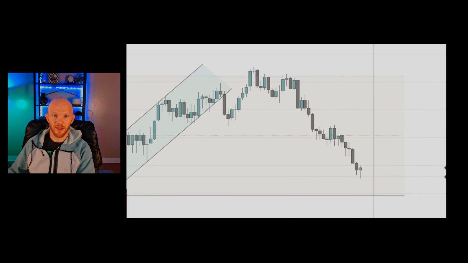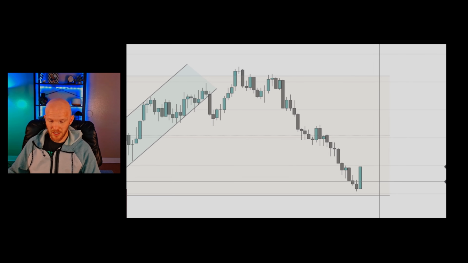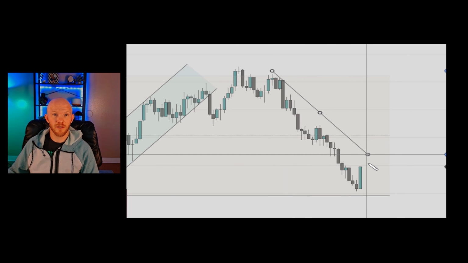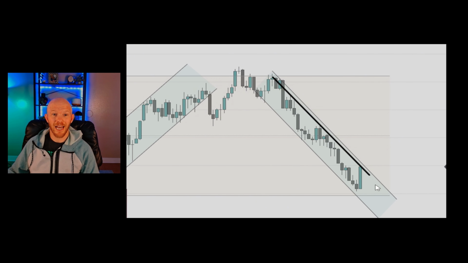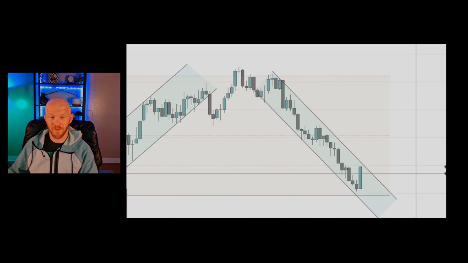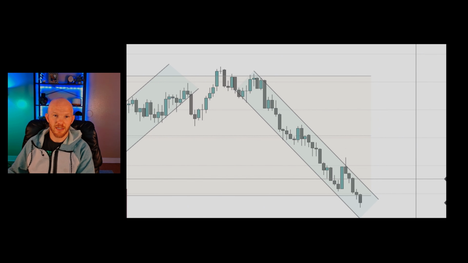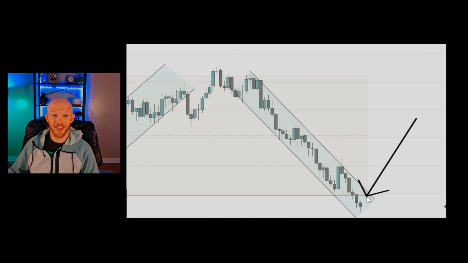And yet again, here at the bottom, we are moving down. So let's draw our channels, and we can see that we clearly have a downtrend in play. Now, the downtrend is in play, and we find ourselves at the bottom of the trading range. This means to buy, right? Well, we are at the bottom of the trading range.